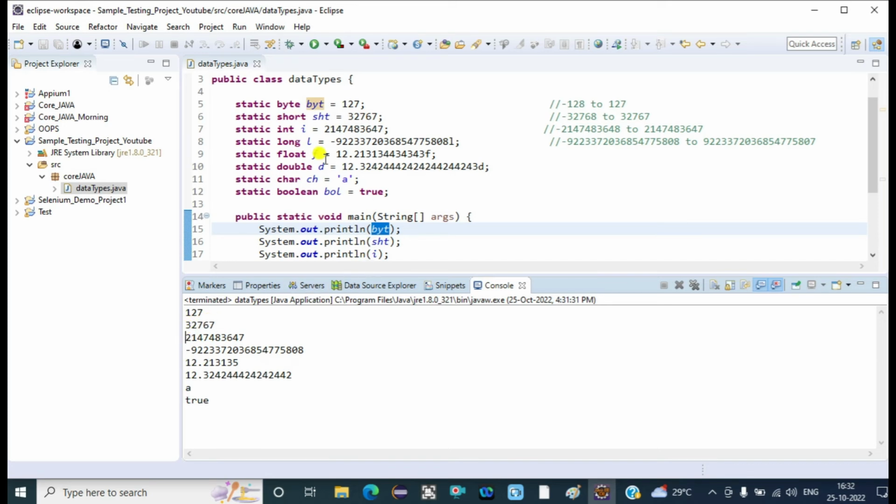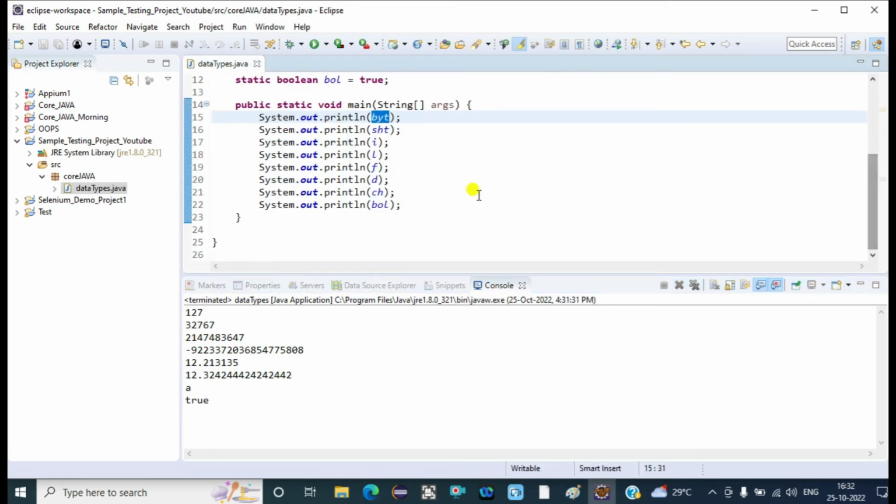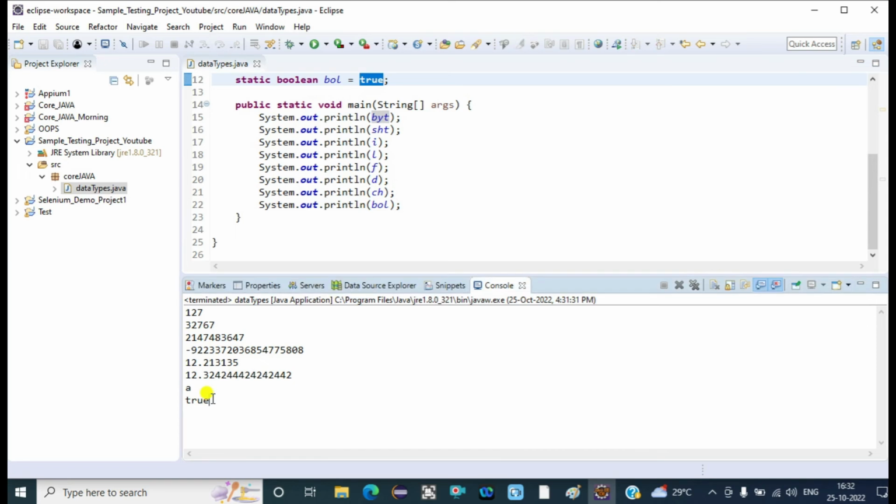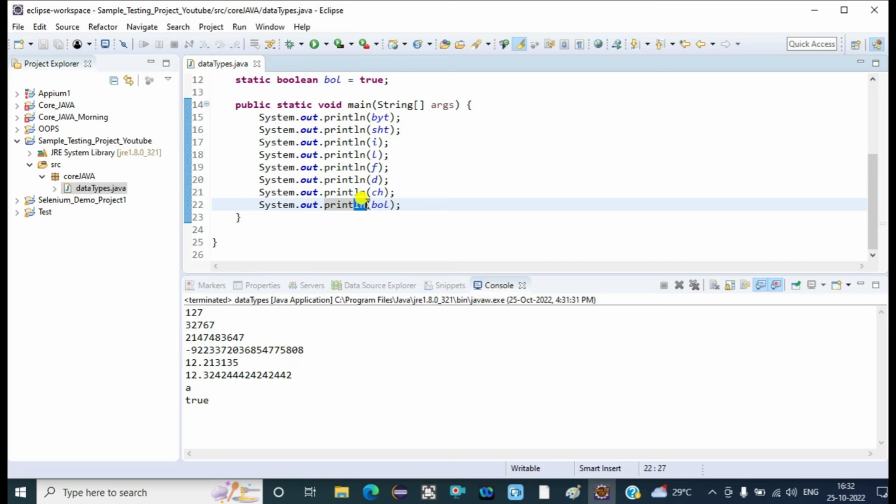Then it's displaying this 2147483647, again moving to the next line. Then it will proceed till the last line of the queue, and in the last line, after displaying bool, the value of the bool is true. After displaying true, the cursor will again move to the next line. So here in this queue you can see that there is one more extra line where the cursor is blinking. This extra line is just because of this statement,